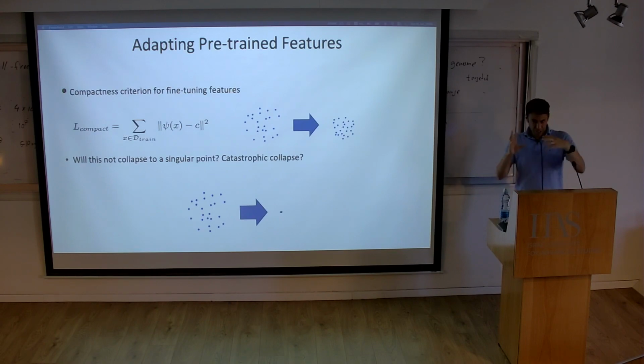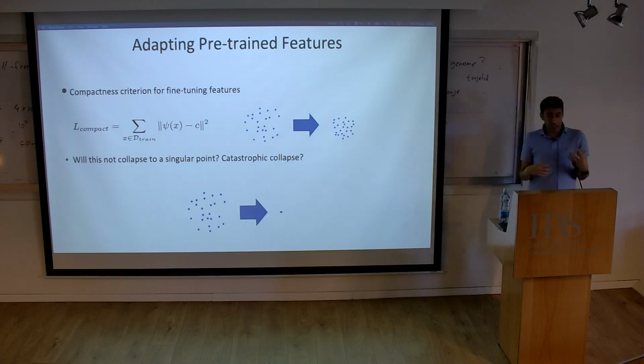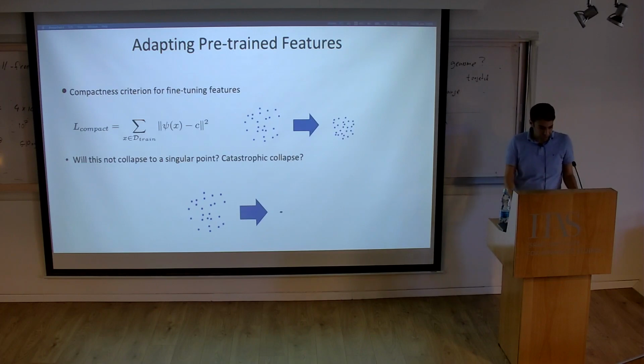So they should lie in a compact unit ball. So this is called the compactness loss. Specifically here, this was used by Ruff et al. This technique is called deep SVDD,